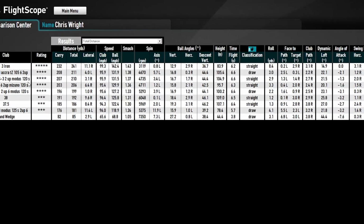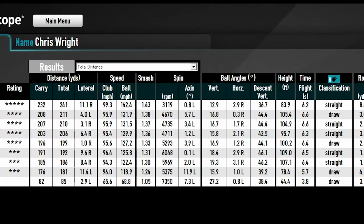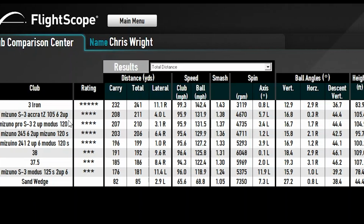Okay, so here's the other fella. This one here, S3, he came in with the preconceived notion that he wanted to hit a blade because he was comparing them against Mura's. Mura's an awfully nice golf club, and it was a very old golf club, and he's getting up in age, and distance is going to be a thing, but it's not a deal breaker per se. He was more concerned about where the stuff landed. So I gave him